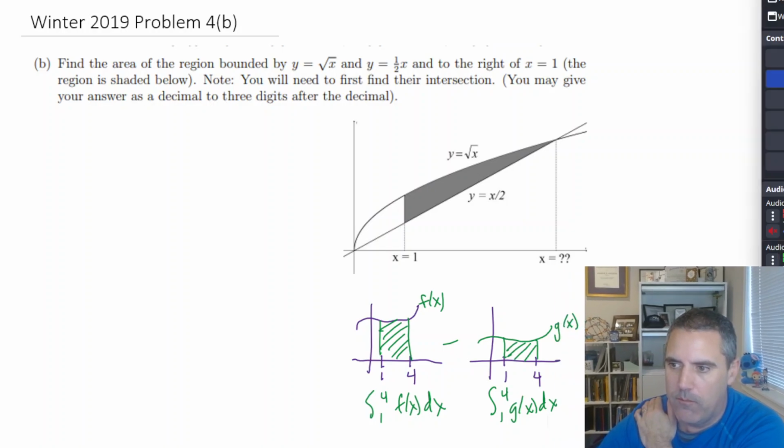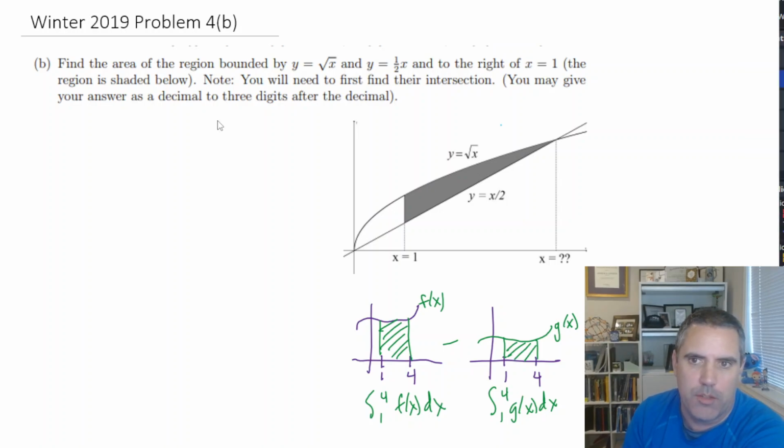And then we said, okay, let's use it. Meaning, what do you need to make that work? Well, you need to know what's on top. That's right here. You need to know what's on bottom. That's right here. You need to know where you start. That's right here. And you need to know where you end. That's the only thing they didn't tell us. So when we write this question, we would do the integral from 1 to something, which we're going to have to figure out, of top